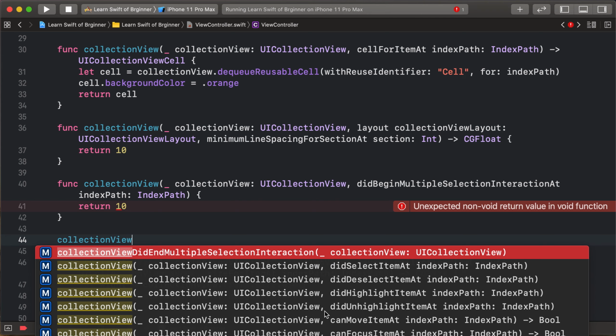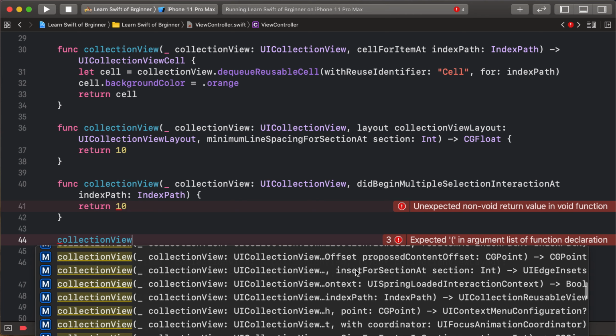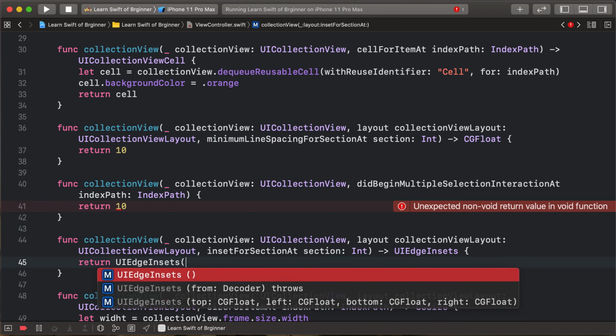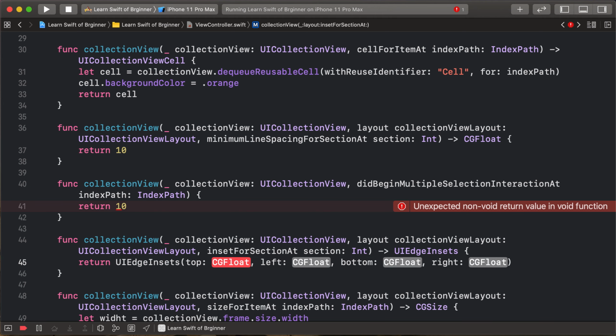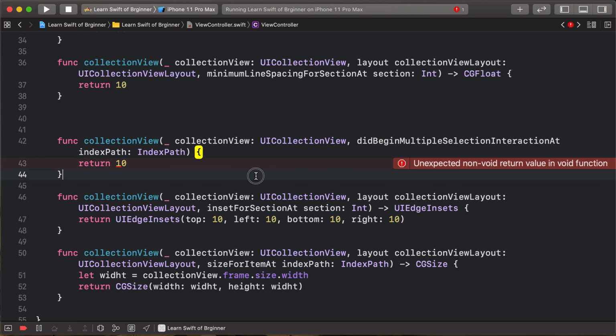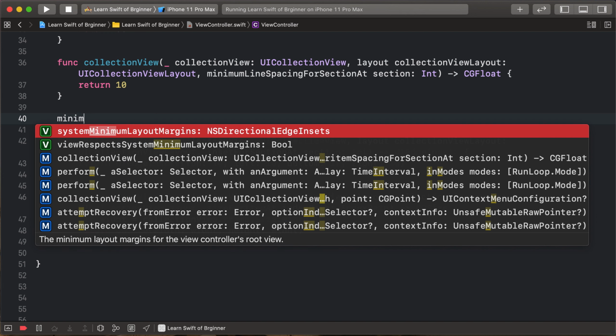all side include space, inset for section, so return UIEdgeInsets top 10 space, left 10 space, bottom 10 pixel space and right 10 space. Sorry, wrong method access. So delete, sorry, minimum